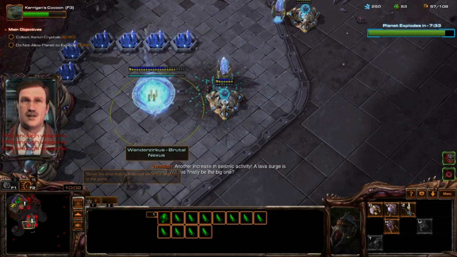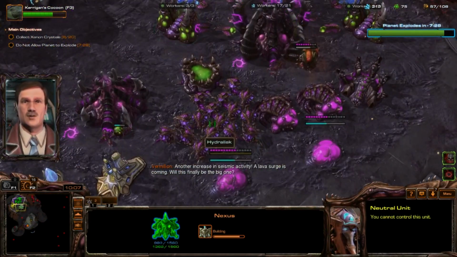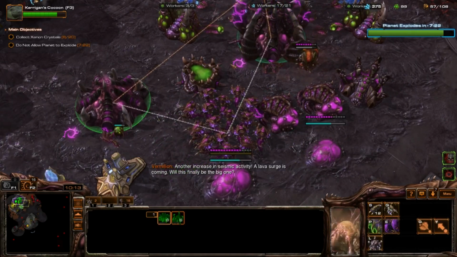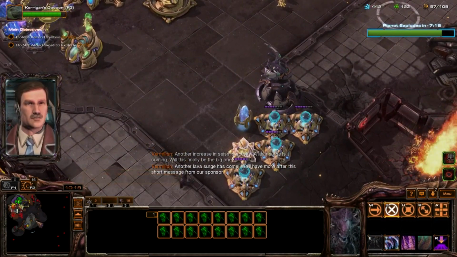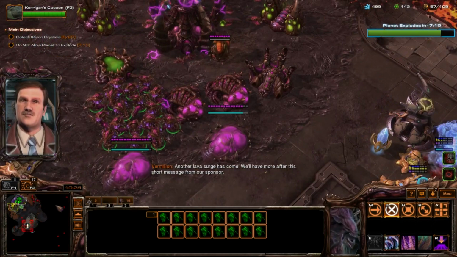So he did that just to get an increase in seismic activity. I guess he needs those resources. I own Stukov and I know how much the bunkers can bite into your resources. Another lava surge has come. Well, I've collected all the crystals, so...